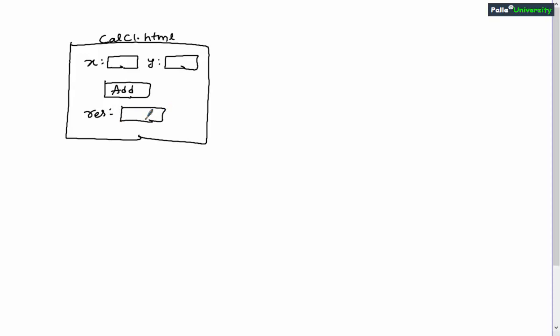Now my requirement is when the end user gives some data into these text boxes, and when the user is moving the mouse on top of the add button, I wanted to call a JavaScript function.